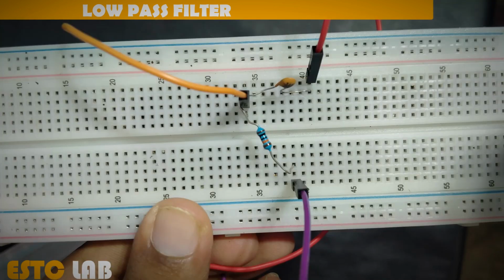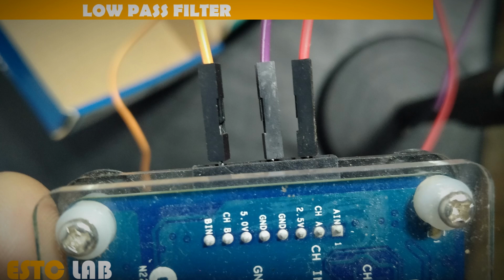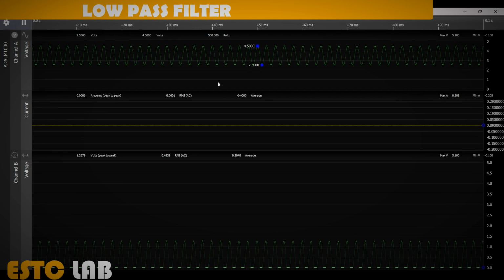So this is the circuit for our high pass filter. We are giving input to the capacitor and connecting the resistor to the ground, and we are measuring the output through channel B. The orange wire is going to channel B, the red wire is going to channel A, and the violet wire is going to ground. Now channel A is connected to the capacitor, and ground is going to the resistor, and channel B is measuring